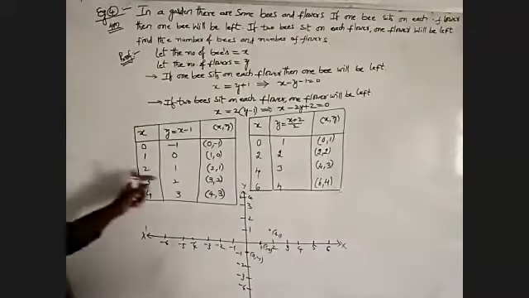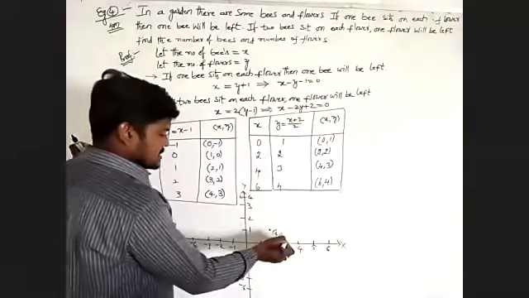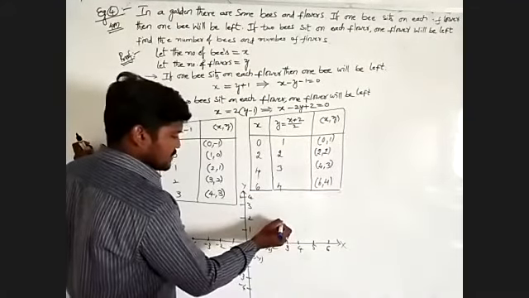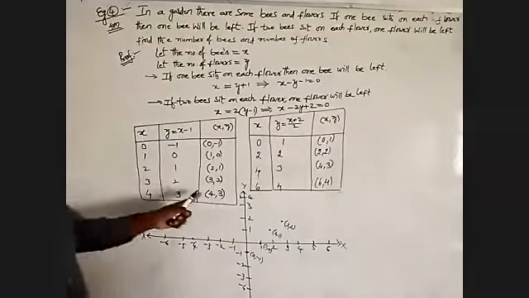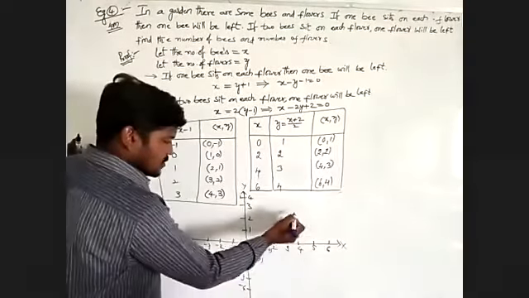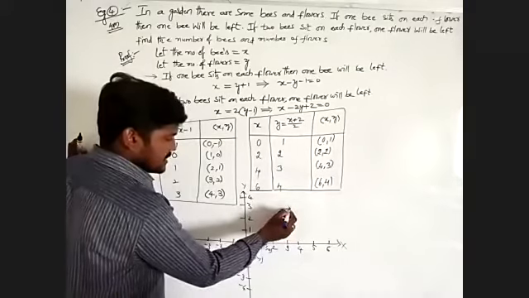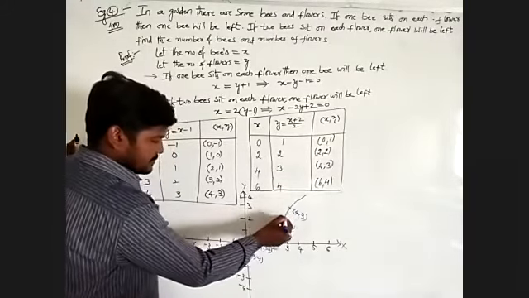Next, the x-axis is 3 and the y-axis must be 2. That means this is the point 3, 2. This is plotted in this place. Finally, the next one is 4, 3. On the x-axis we take 4, on the y-axis we take 3. This must be taken in this place. That is the point 4, 3. We have to draw a line.